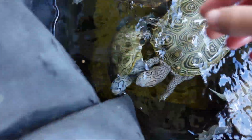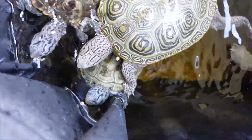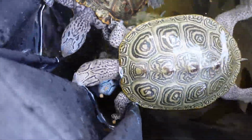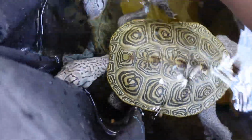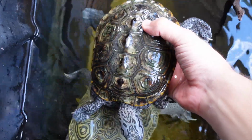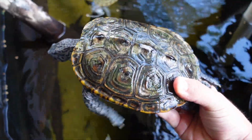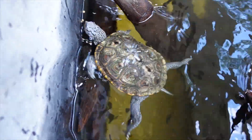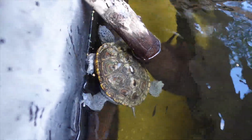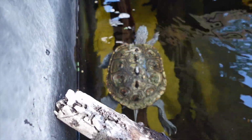She's in with the big girls, which is absolutely awesome. She's growing. You can see she is my most voracious eater. So she's doing really well. Next to Miss Big Back here. This is an animal that was given to me 2 years ago, as she was this size at only 2 years old. And so she's had a lot of, it's like her body is filling out and catching up. She was grown so rapidly that she's got all kinds of shell problems that we're slowly taking care of